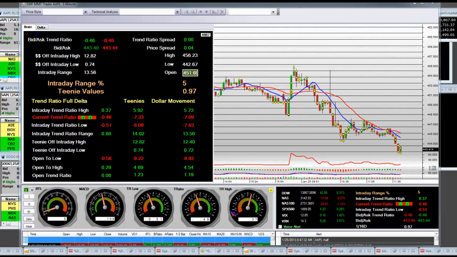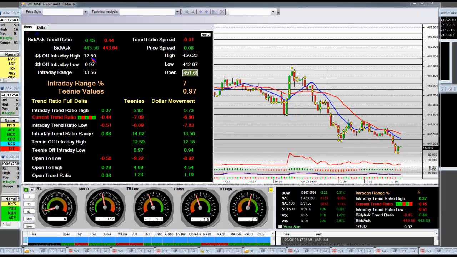Good morning. Mid-morning update. Apple Computer. 3-minute chart. The high was 456.23 and the low is 442.67. So basically in our market maker platform, you can see that from where the short is transacted up here at reversals, that is worth $12.63, which is worth a whole lot of money because it's right here with that diamond